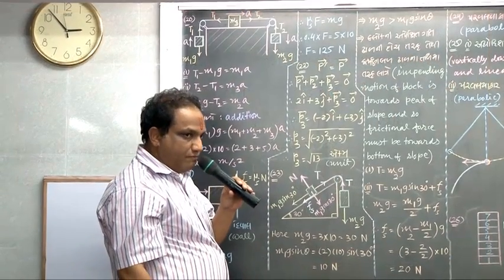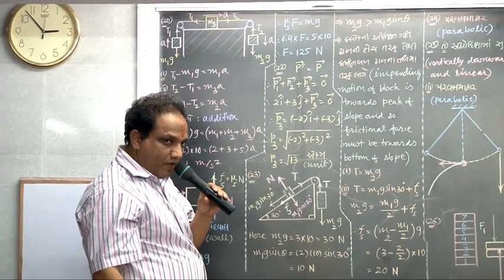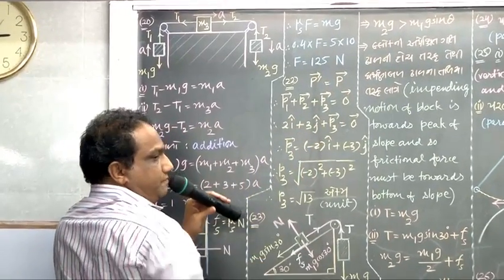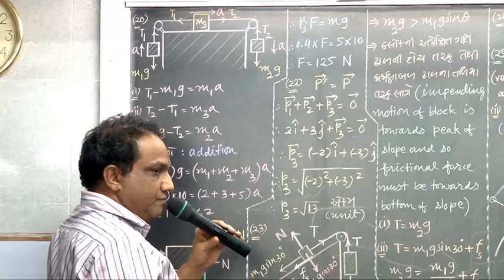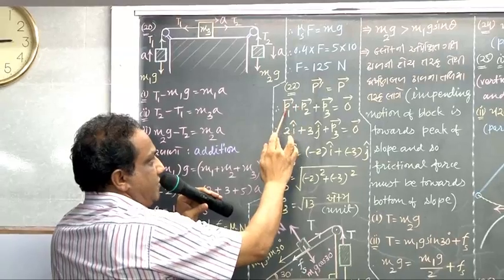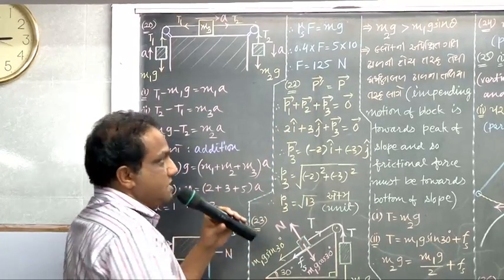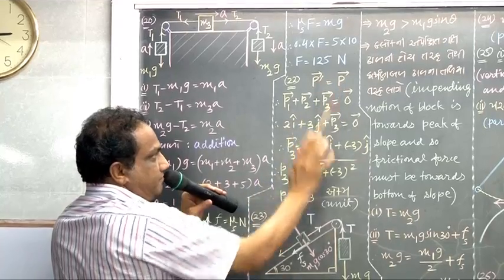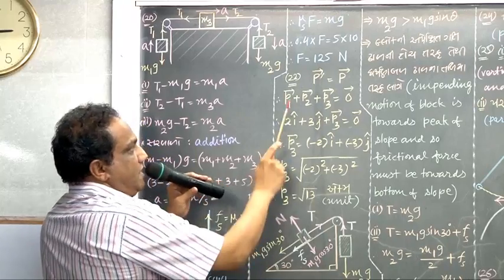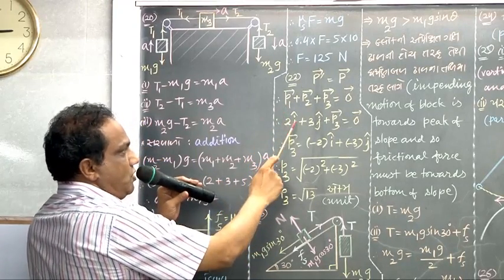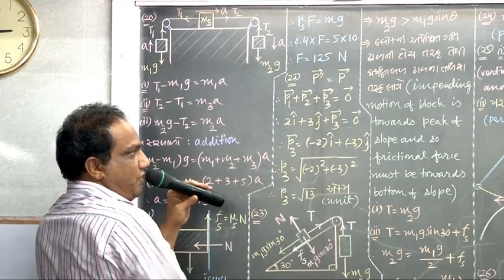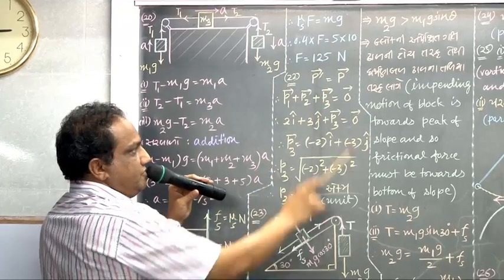According to the law of conservation of momentum, final momentum equals initial momentum. After the explosion, there are going to be 3 pieces of the bomb. That's why I'm making a vector addition of linear momentum of all the 3 pieces. That equals initial momentum. Because initially the bomb was at rest, initial momentum is 0. Momentum of the first piece is given as 2 i hat units. Momentum of the second piece is 3 j hat units. Vector P3 we require.